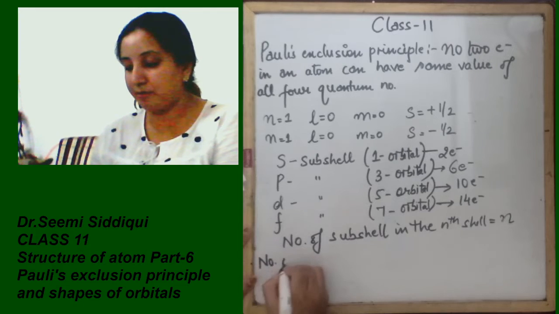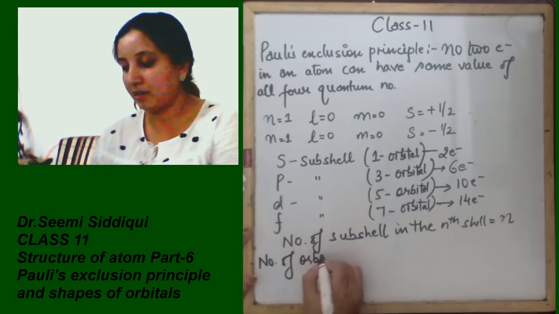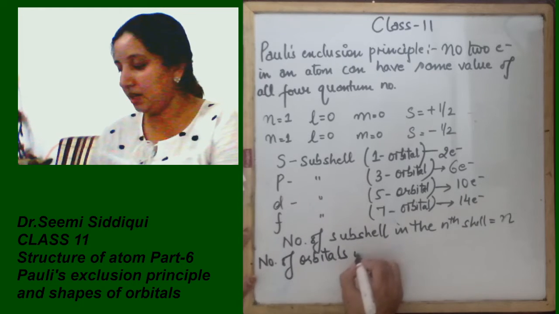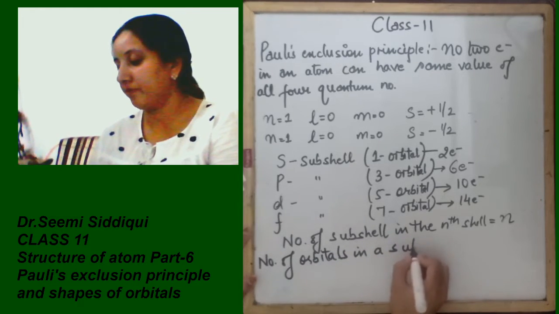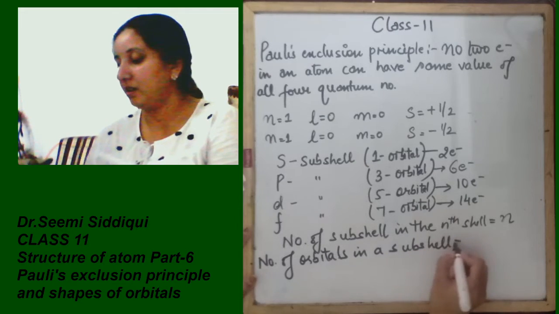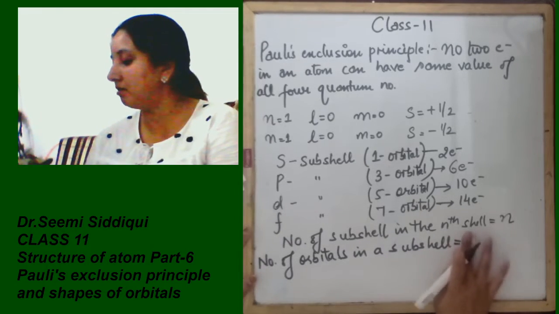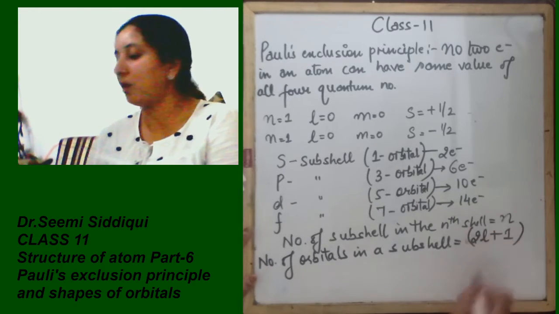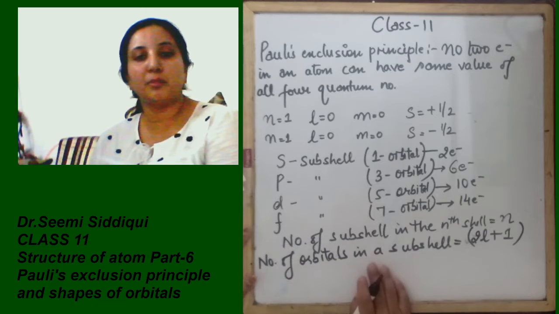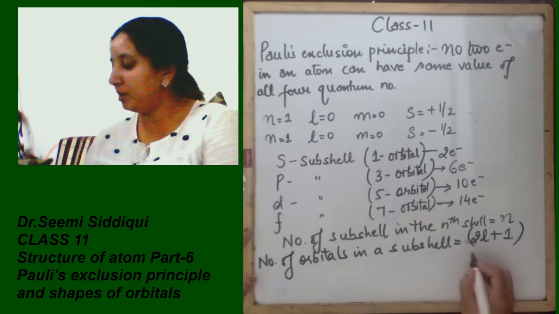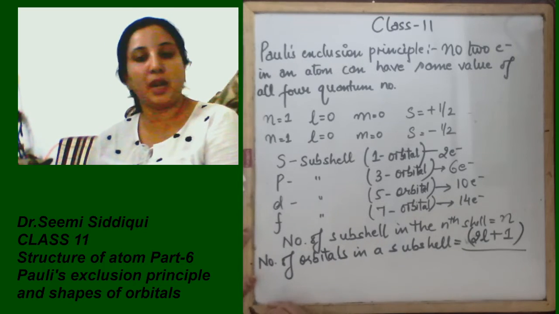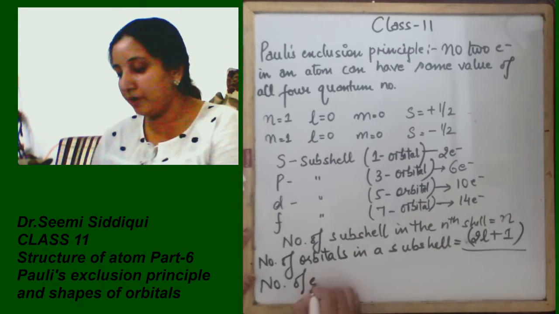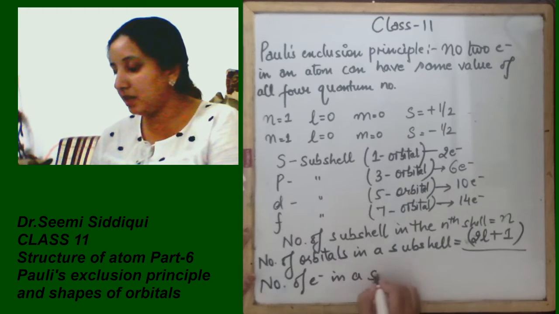Number of orbitals in a subshell is going to be 2l plus 1. If you need to calculate the number of orbitals, we use just this formula, 2l plus 1. And if you need to calculate the number of electrons present in a subshell,